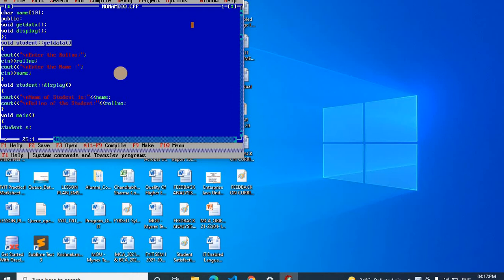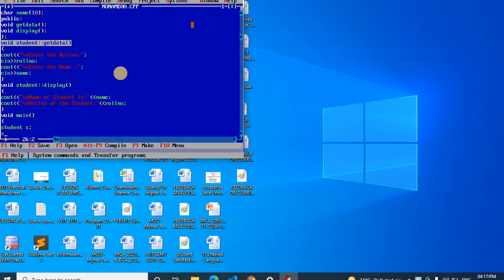Remember, while you call these member functions, the object will be used to call the member functions, right? So the first member function is get data, the second member function is display, and we are creating the object as s. So this object s will be used to call the member functions.